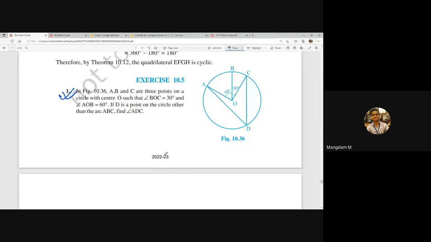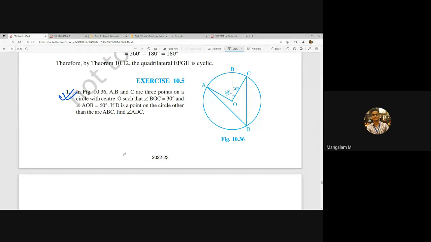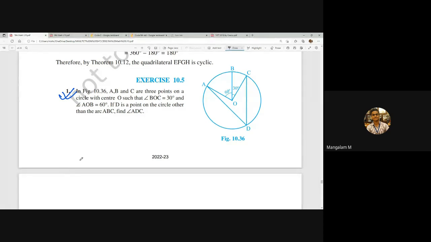Let's move further. Exercise 10.5, we will do 2-3 questions, right? After that, we will start at 8:30 p.m. We will start the topic Heron's formula. ये क्लास आज आपका कल होने वाला था, बट किसी कारण से क्लास कल जो होना था वो आज रीशेड्यूल हो गया, राइट? So let us discuss exercise 10.5. अगर आपके कुछ क्वेश्चंस होंगे तो आप चैट बॉक्स में डाल सकते हैं. आई विल ट्राई टू सॉल्व योर क्वेश्चन, राइट. सो तब तक मैं क्वेश्चन नंबर 1 डिस्कस करता हूं.